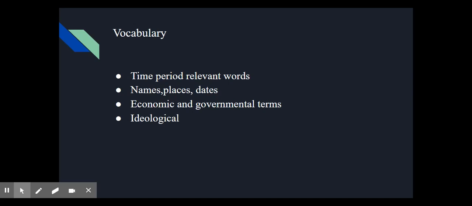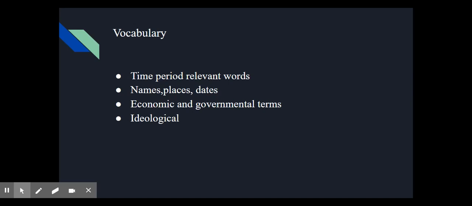If you're looking at more of a war kind of thing, there's going to be economic and governmental terms, although not as much if you're not studying something focused on economics. The last bullet point is more of a general